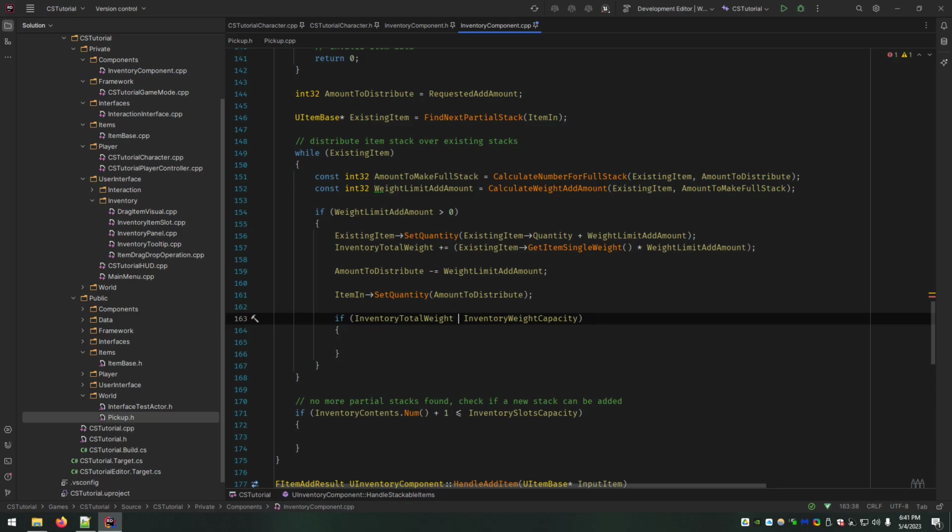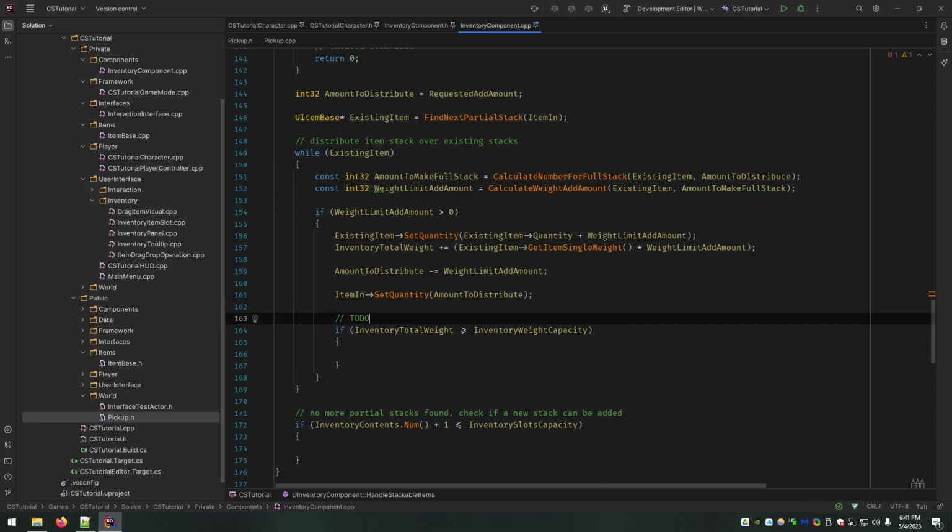It'd be one thing if it was equal, but greater than or equal should never be greater than. So I want to refine this logic, since going over weight capacity should not ever be possible. It may be as simple as just setting it to an equals there, but it's something I want to think through a little bit. So I'm going to leave that note there for myself, and you can too. If I figure something better out, I may come back and address that.